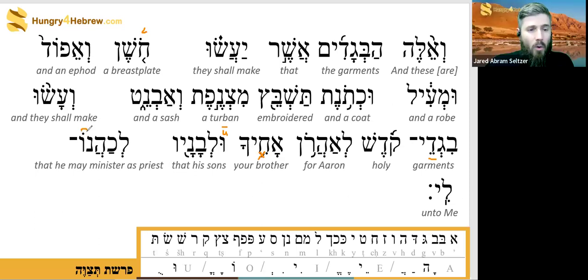Good. Lechahanoli. All right, so here instead of an E, it's an A sound. Vigde, and over here the cantillation mark makes it look like a tsere, but it's actually a chirik, achicha. And then here there's an U. I think you said ve, but over here you said U correctly. So probably just fine. I'll read through it one time. Ve'ele ha-begadim asher ya'asu choshen ve'efod u'me'il